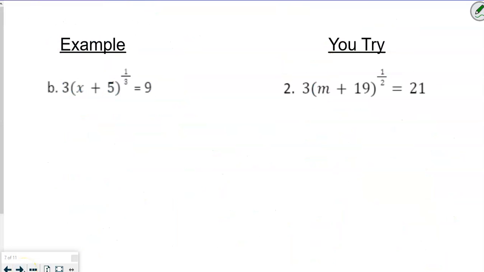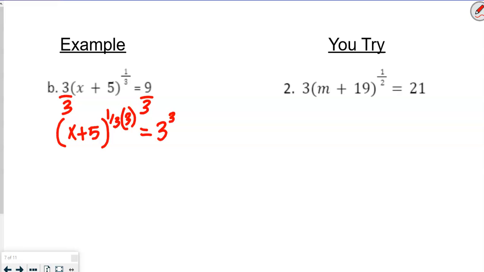So on this one, if you recall, once again, we're going to divide both sides by 3 first because we want to get that radical. X plus 5. Again, I'm going to do this 1/3 to the third power, because 3 is the reciprocal of 1/3. And this is equal to 3, and again to the third power, okay? So again, notice this cancels out, so we get x plus 5. 3 times 3 times 3 is 27. So then we got x, and we're going to subtract that 5 from both sides, equals, whoops, sorry,